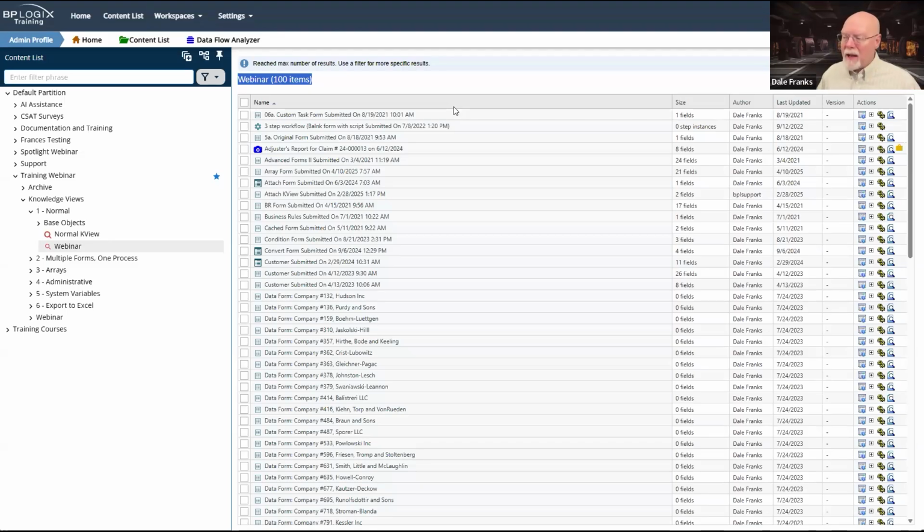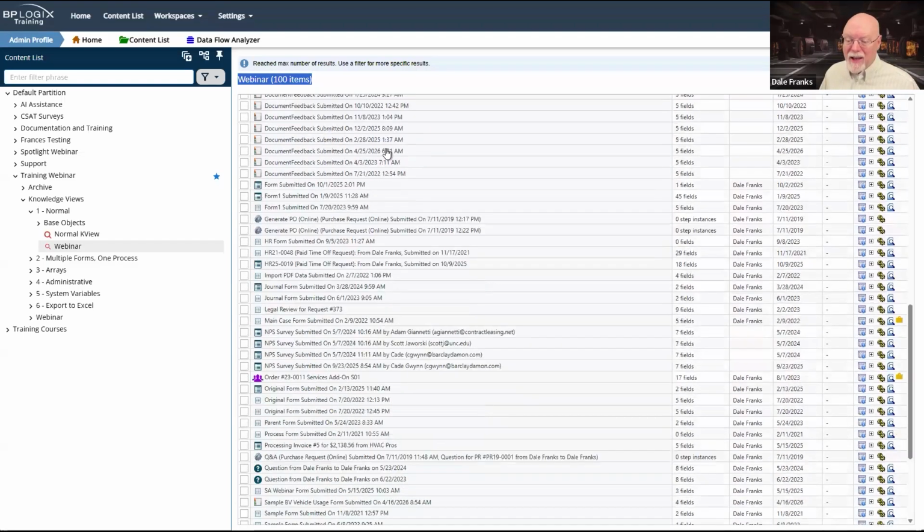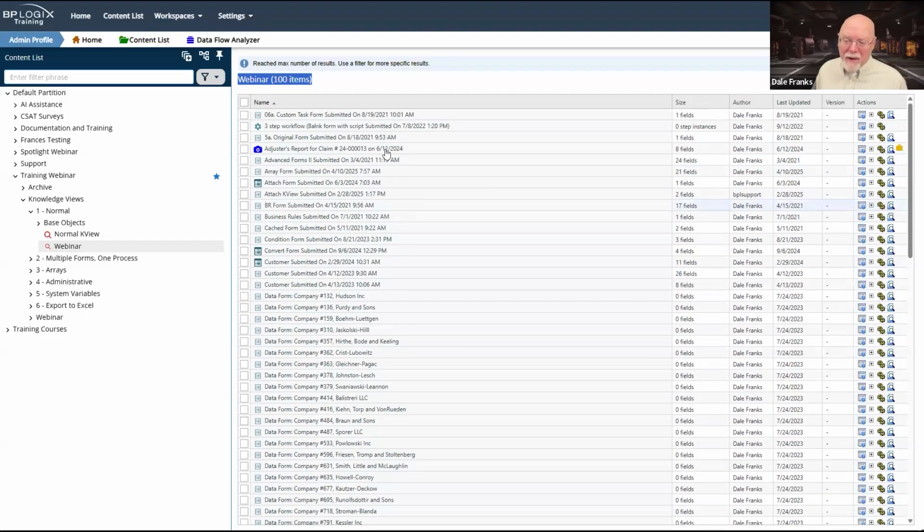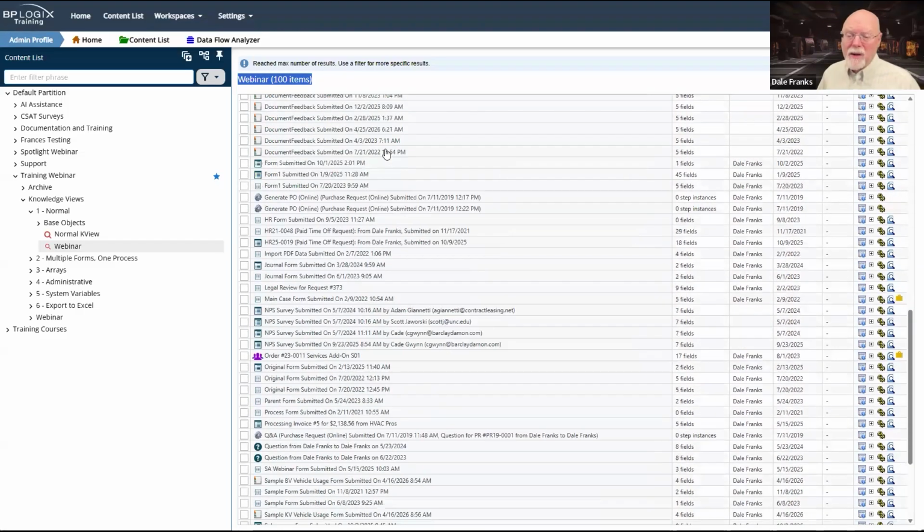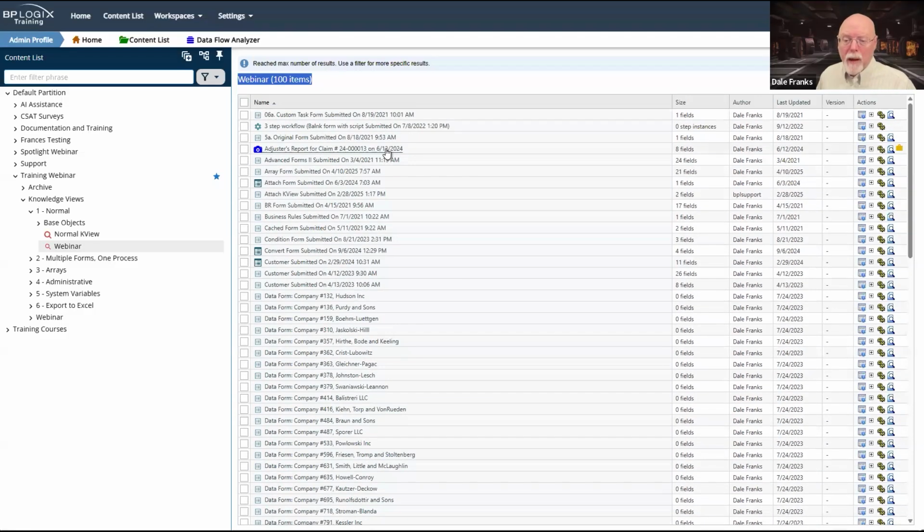Any more than that, and it just becomes really hard to look through this list. And again, this is only 100 items. There's a lot of stuff here that I would have to search through to find what I want.